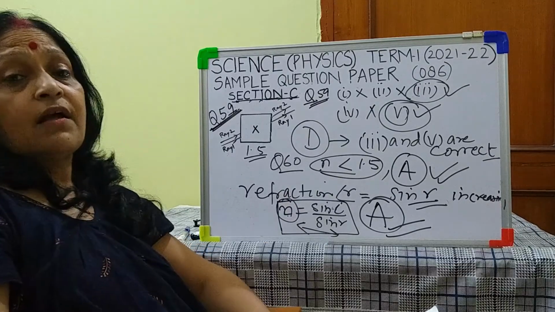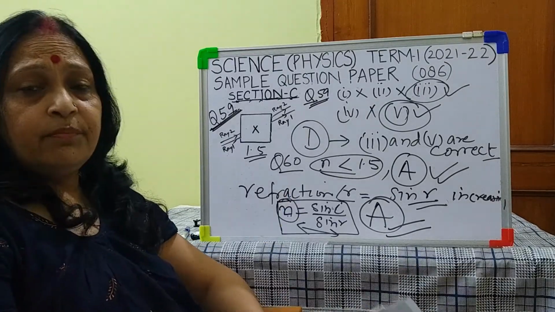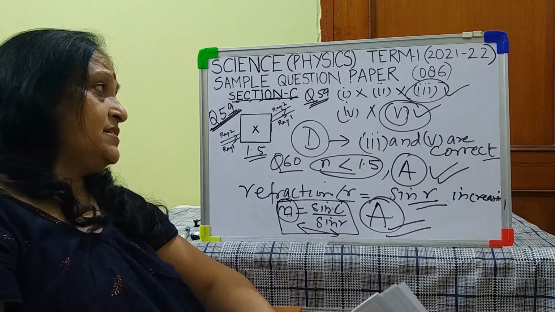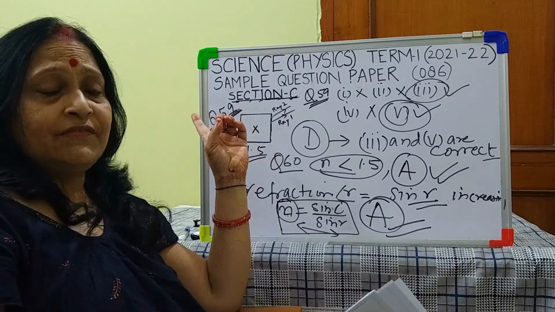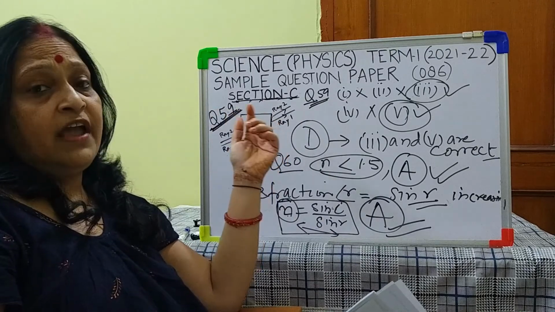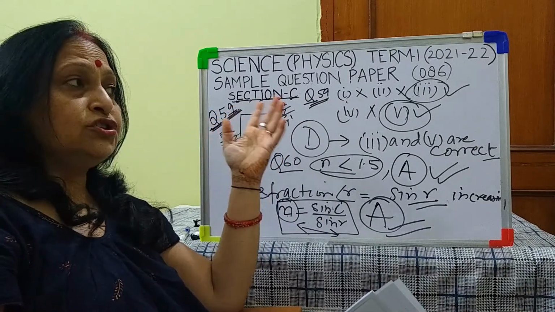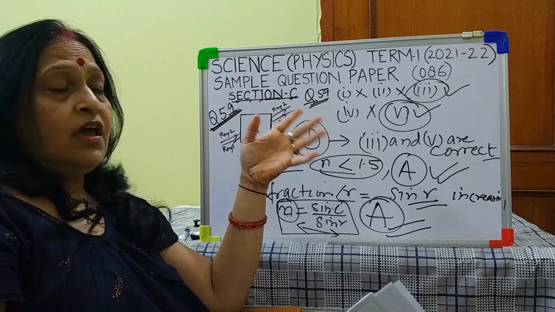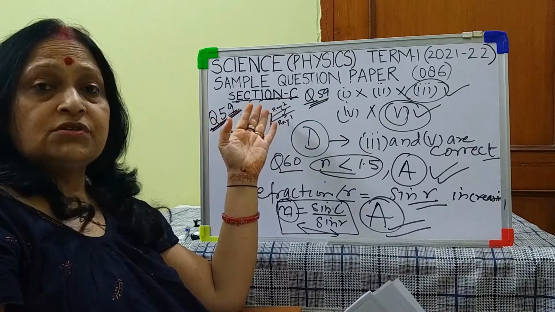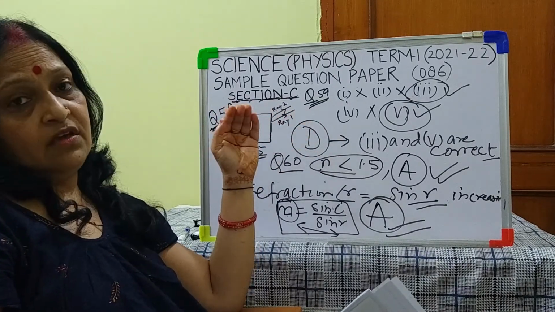So that makes the complete explanation of my sample paper, which I have just explained from question number 17 of section A, then the respective physics questions of section B, and then the last question related to section C.